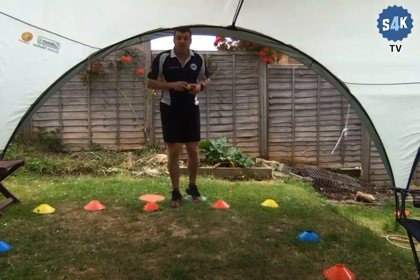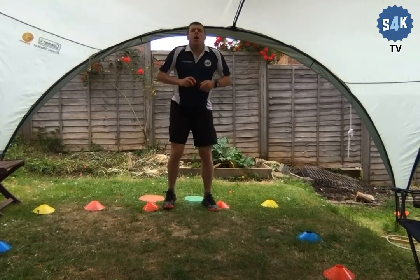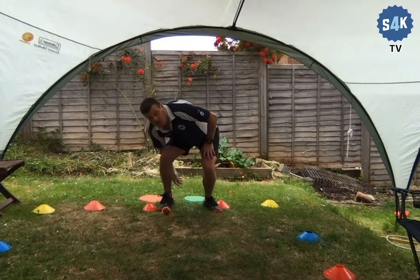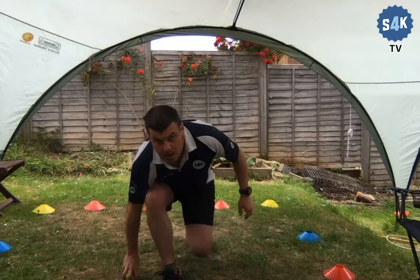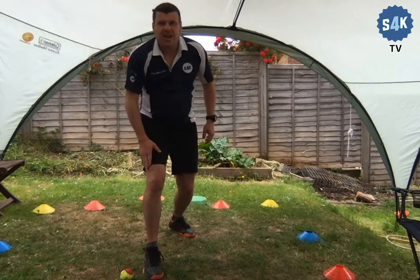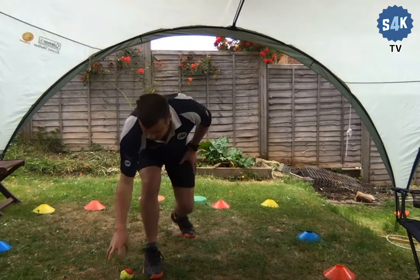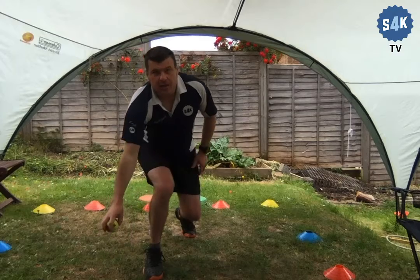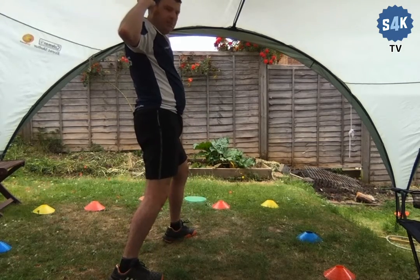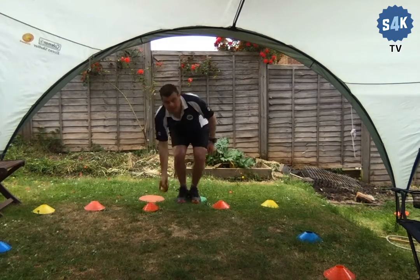Now, our progressions are going to be, if your child is really good at this, we're going to do that. Ready? We're going to roll it, but then we want them to pick the ball up. They are right-handed. They're going to pick the ball up with their right hand. They're going to twist. They're going to point back to mummies and daddies, and then they're going to run back. So watch again. Ball rolls out